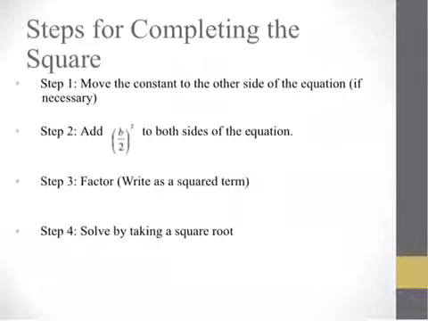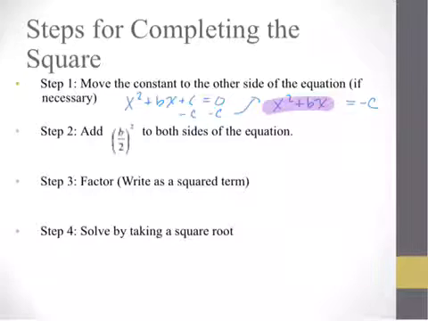Here are the steps for completing the square. You may wish to cut this out and glue it into your agenda for notes. Step 1. Move the constant to the other side of the equation. Now your constant is the c term. And to start this process, you can only have the x squared plus the bx on the left-hand side. It can equal a value, but the only thing on the left-hand side must be the x squared plus the